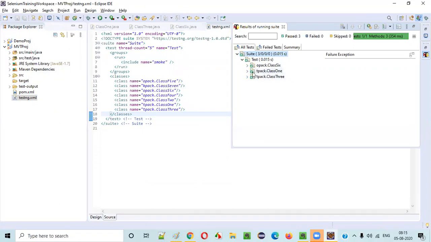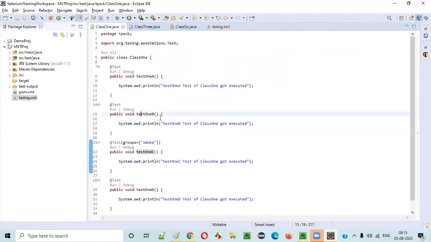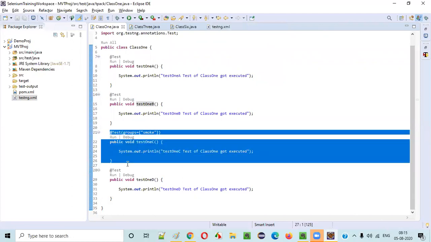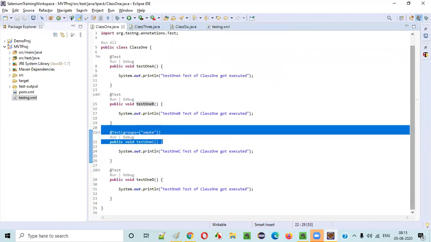First one is class 1. In class 1, there are 4 tests, and only test 1C got run because it is a smoke. Then next one is,